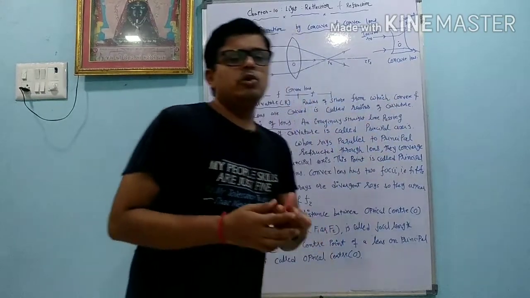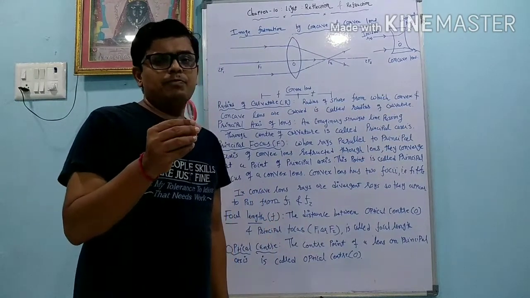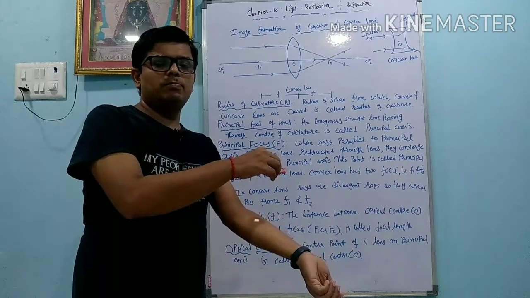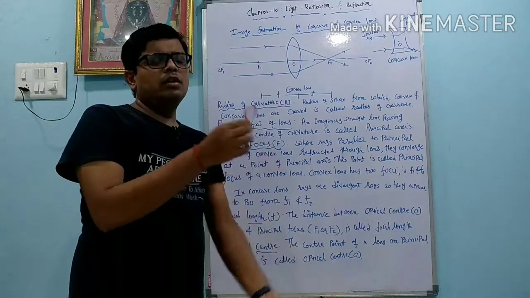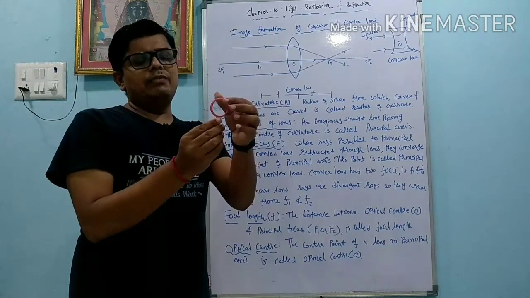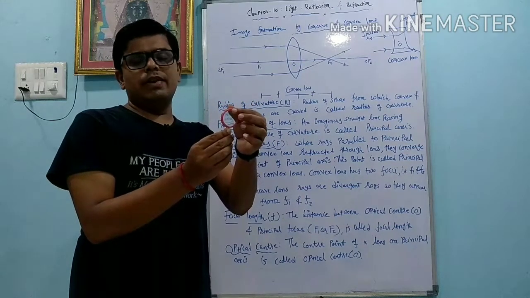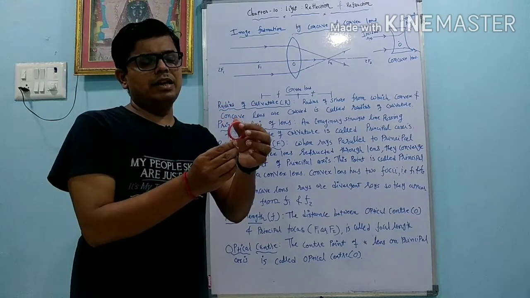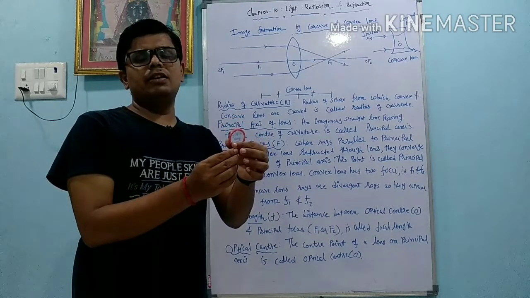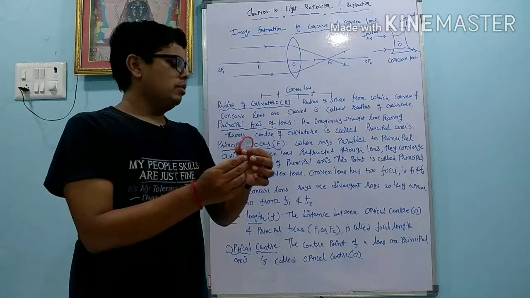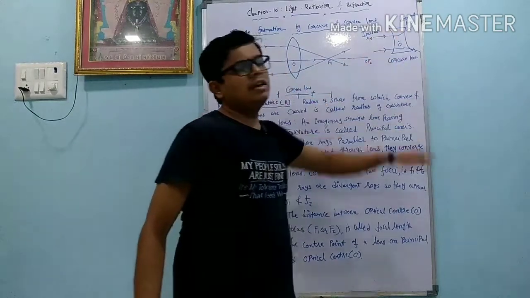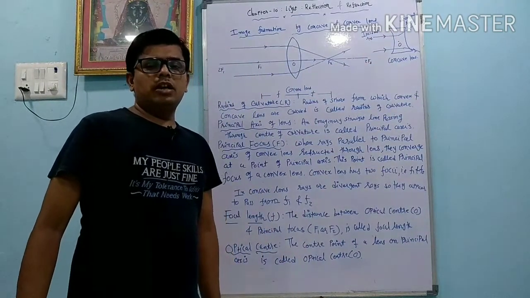Dear student, in childhood you carried out one activity. You keep your hand under the sunlight. At that time the skin starts burning, or paper starts burning. This lens is called a magnifying lens, but in the scientific way it is called a convex lens. Convex lens means the lens which has two outer sides bulging. Same way, the lens which has two inner sides curved inward is called the concave lens.